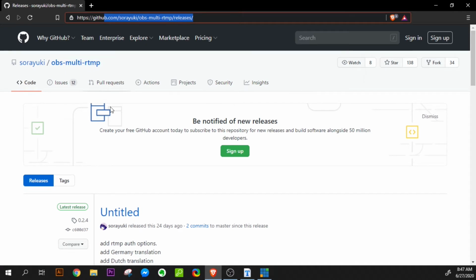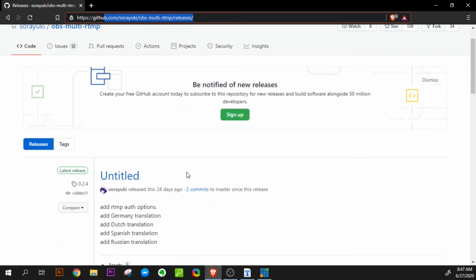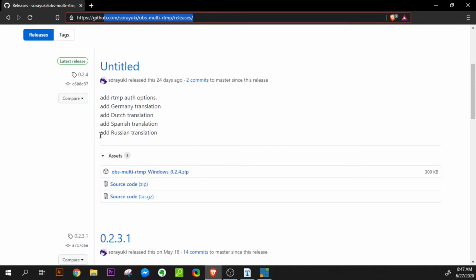This plugin is called OBS Multi RTMP by Sorayuki, and on the release page, download the zip file for the plugin and then extract it.